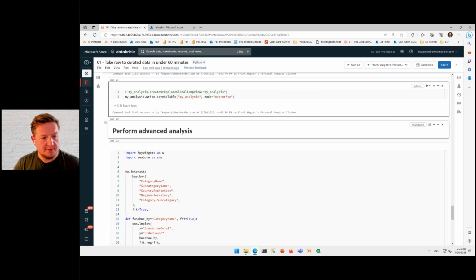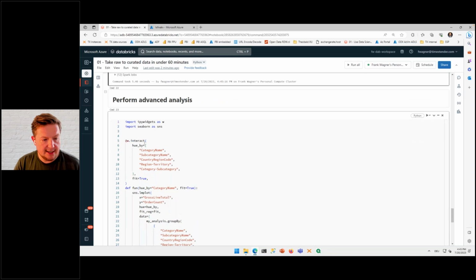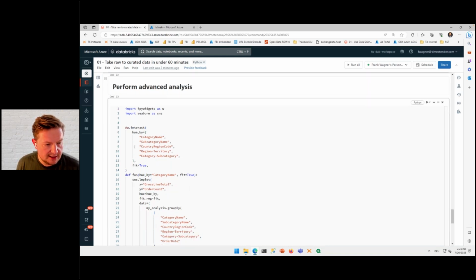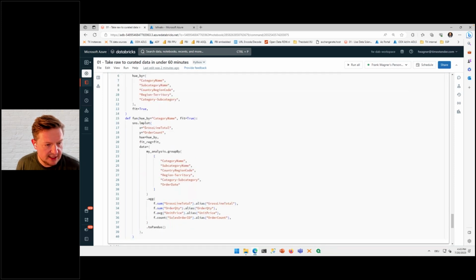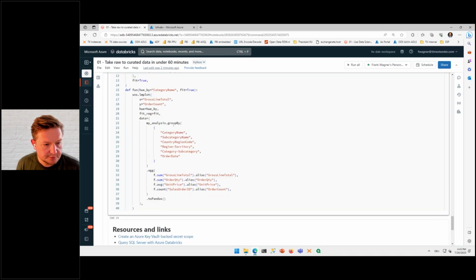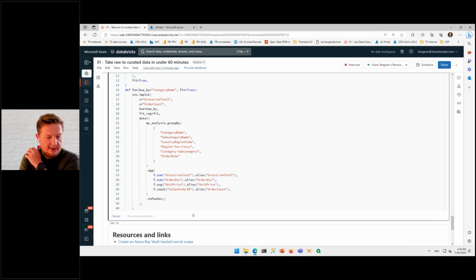But I also can perform advanced analysis, whatever that is, wherever advanced starts. But I just threw in some code that I glued together. So we want to have a chart that displays the data by different options here. So we can choose that in a second. And then we do some calculation. So we do on the x-axis gross line total, on the y-axis the order count. And then again, we group by the different options that we have. And then we want to see the sum of the gross line total, the sum of the order quantity, average of the unit price, and the count of the orders. And if we execute that,